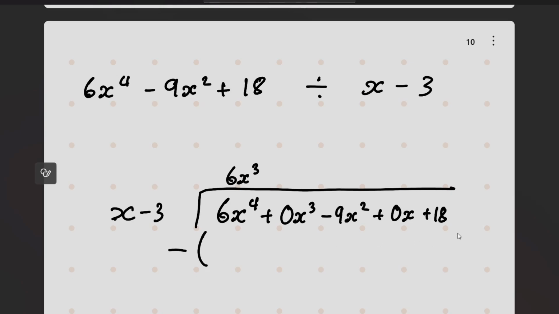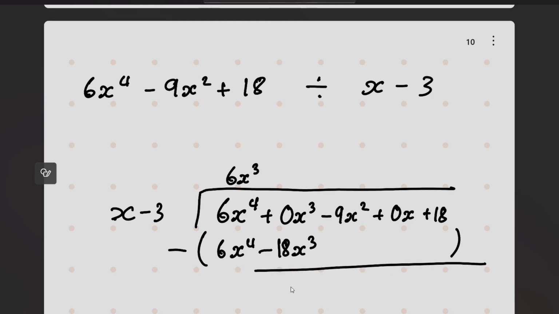You're going to get 6x to the power 4. And now minus 3 times 6 is negative 18x cubed. Now we're going to work with this. 18x cubed minus 9x squared. You're going to get plus 18x squared,